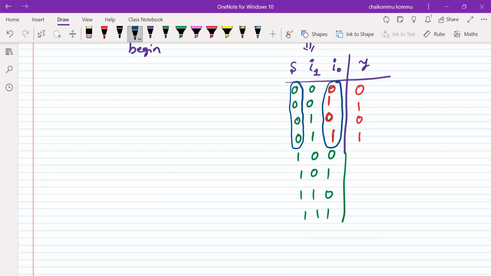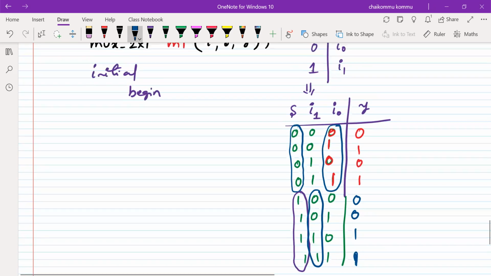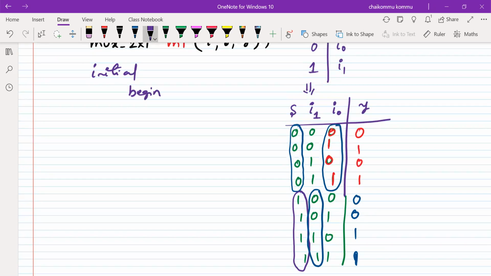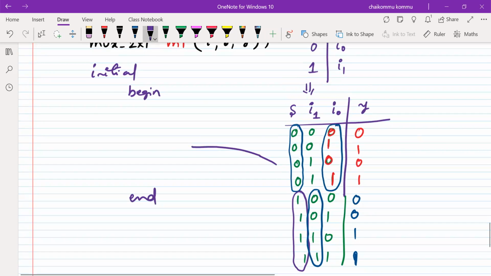If S is equal to 1, for example, then I1 must be selected, right? This is 0, 0, 1, 1. Anyway, we have to write these vectors inside this block. We have 8 possibilities. What is the best way to write them? I have already discussed it previously. Just use one of the techniques; we can incorporate that one.